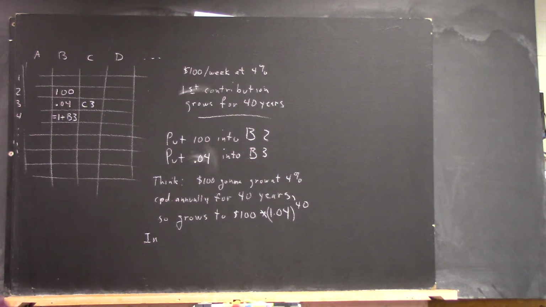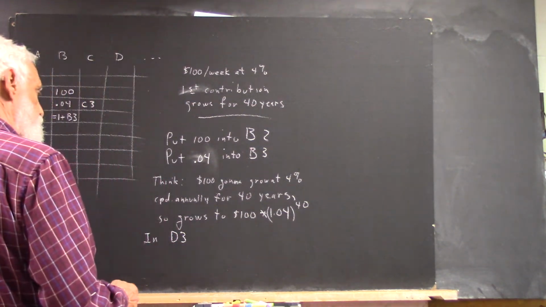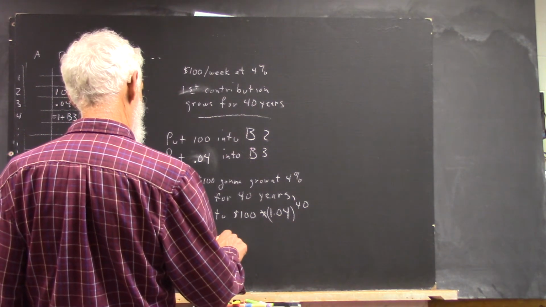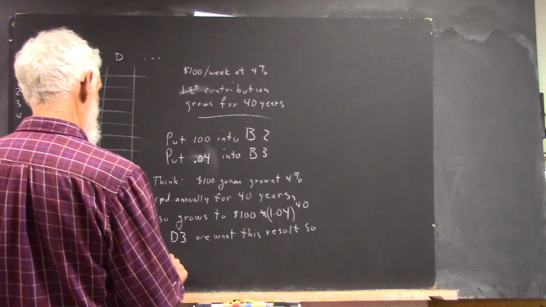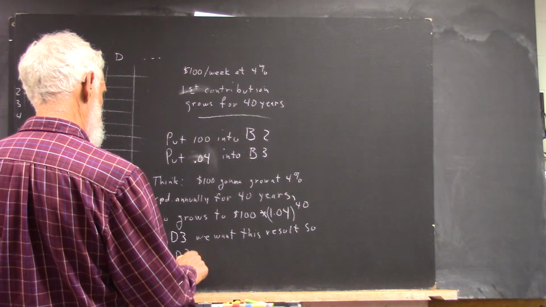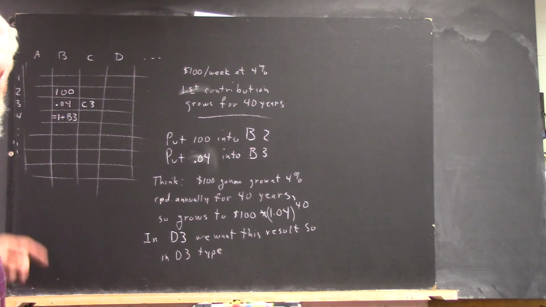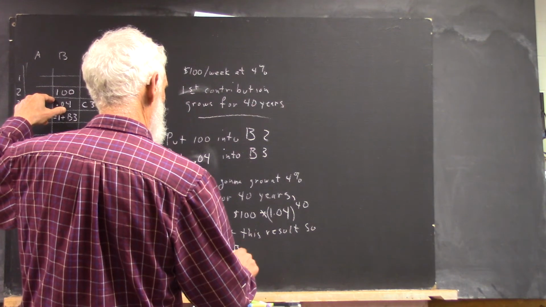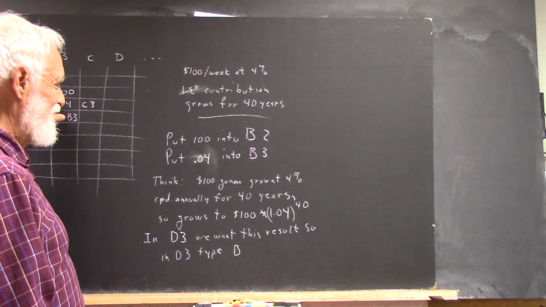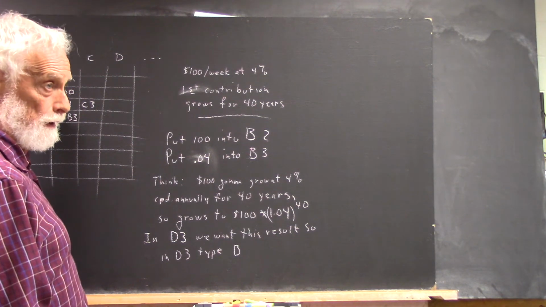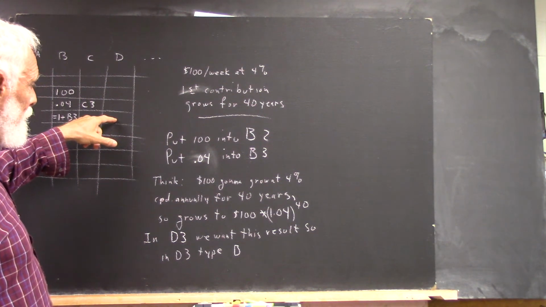Okay, so in D3, we're going to type this. Okay, now we could type B3 because that's where our 100 is, right? Except what we're eventually going to do is a big old shortcut, okay? So whatever I do here, I wanted to do the same thing here,